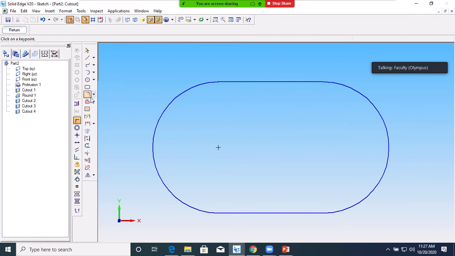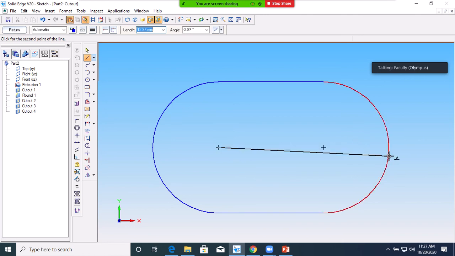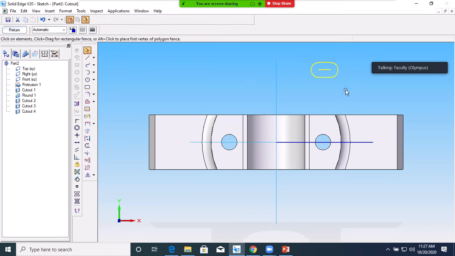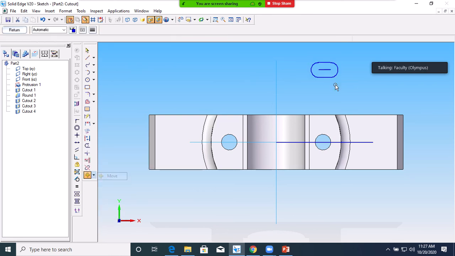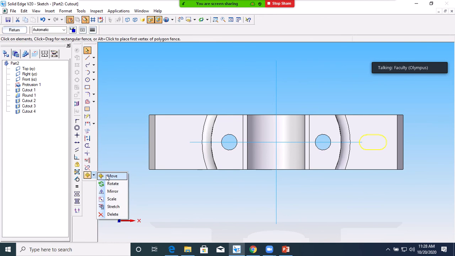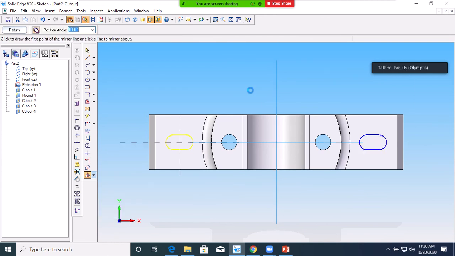Then I want to place it at the center of this. See, curve center to curve center, you draw a reference line. For moving it will be helpful. Then select this profile, use the move option, take it from the midpoint of this line and place it at the end point of this. Then these lines are not required, just delete them, select this profile, and mirror about this plane.